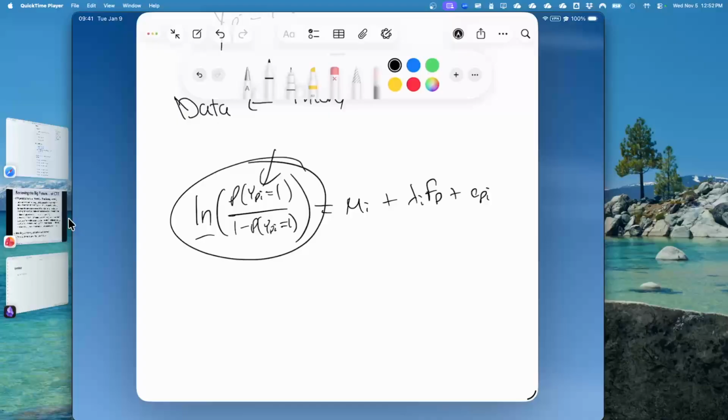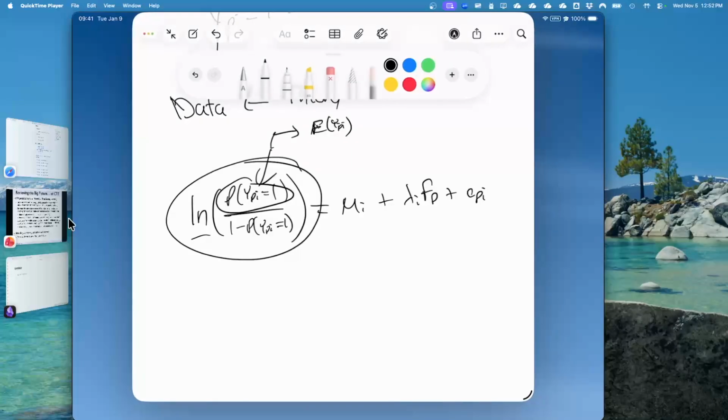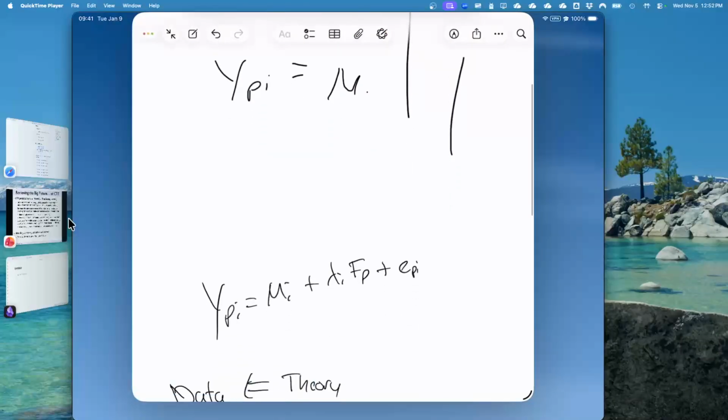So basically all this thing over here is doing is saying this probability of y_i equals 1, that is what we would call the expected value of y, right? By expected value, we mean its mean. And in linear regression, if you remember linear regression, if I just go up the page here, in linear regression here, what is the mean?